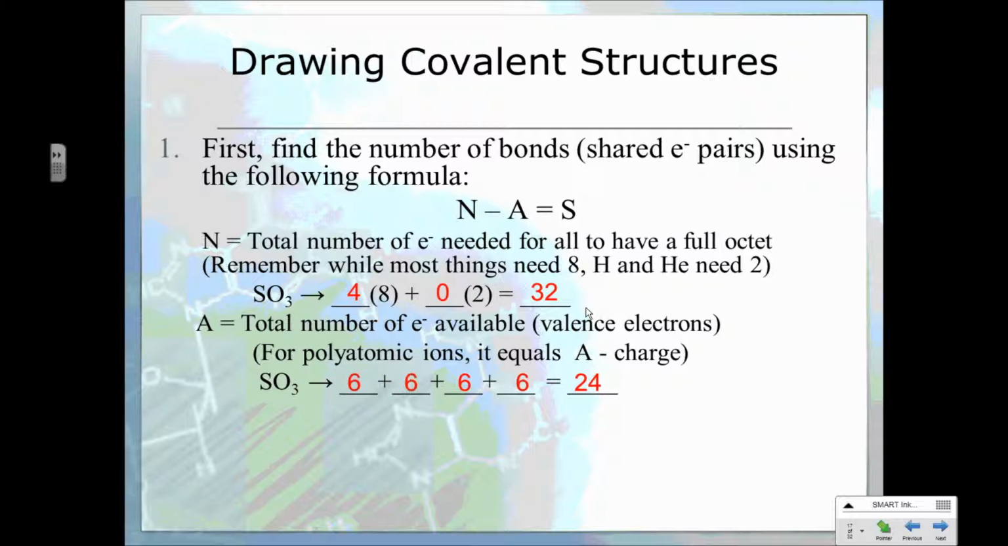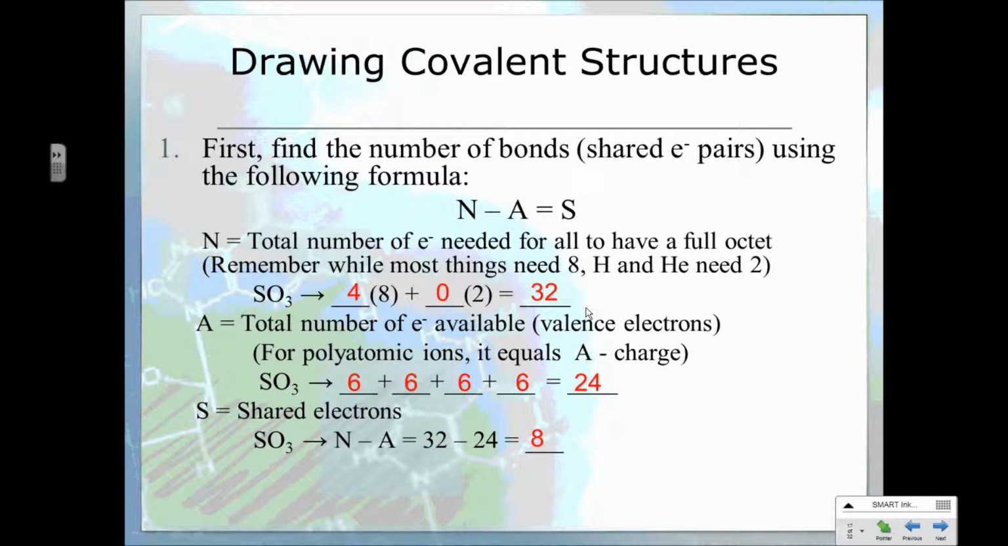That's actually how many electrons I have available. So remember, when you have charge, we have to fix our A by subtracting the charge. Now, the next thing would be S. S stands for how many electrons are being shared. Well, if we need 32, we only have 24. 32 minus 24 means we have 8 electrons that need to be shared in order for everything to have a